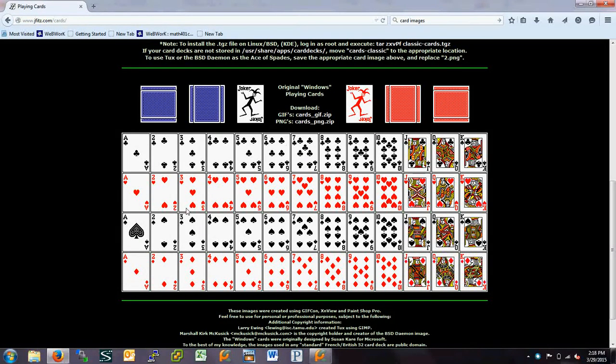This is the one that I downloaded from jfits.com. You get 50 some images. You get the full deck of playing cards, and then you also get the cards face down. And using a little bit of terminology, when they're face down, we actually call those a down card. Okay, so downloaded those